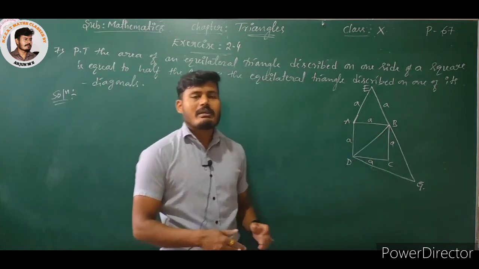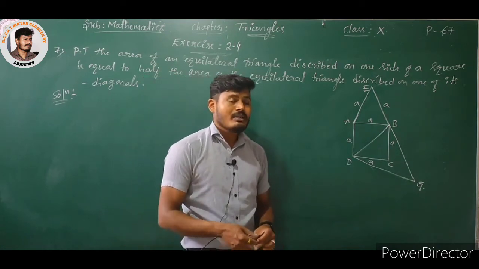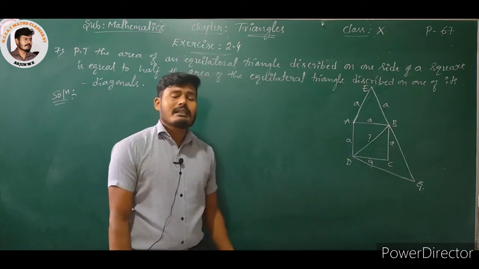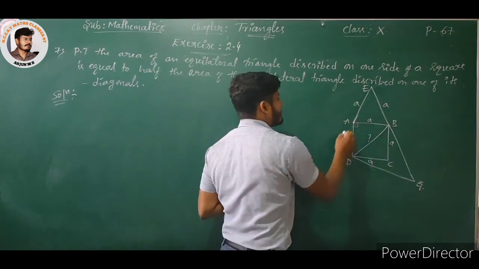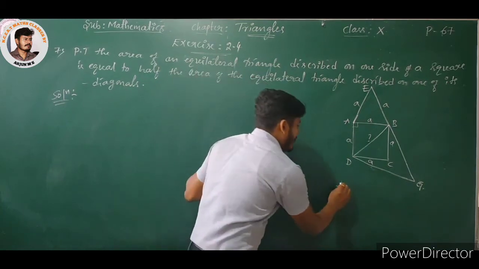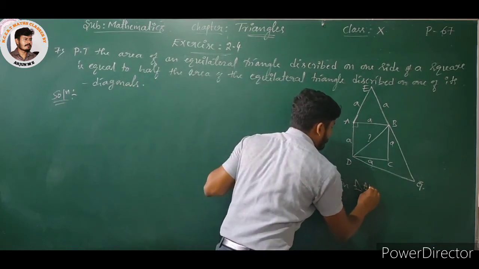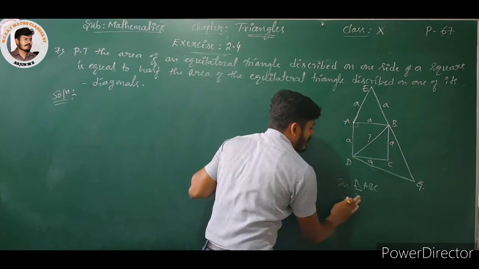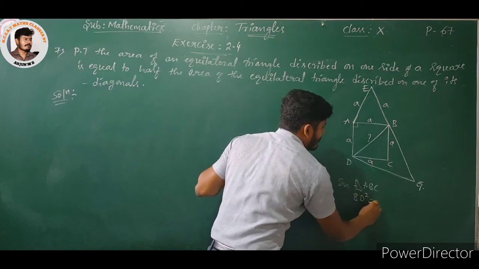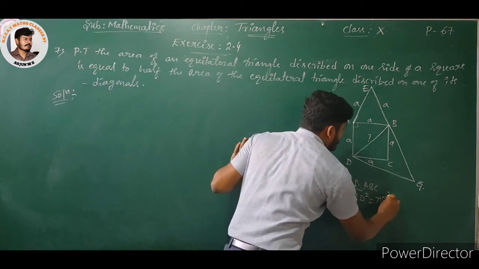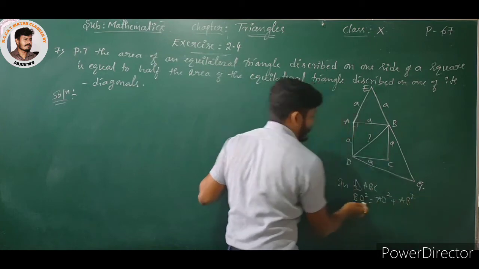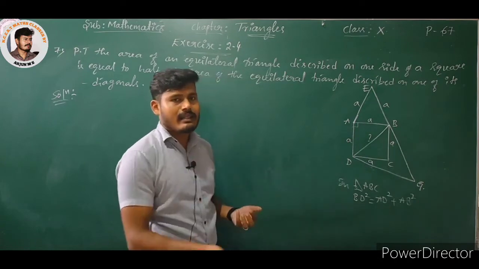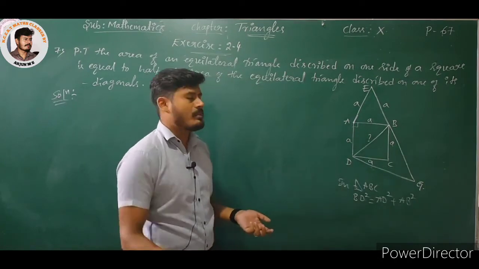because you just find out the length of the diagonal by using Pythagoras theorem. Because here this is a right angle triangle, in right angle triangle ABC, what about Pythagoras rule? You already know the statement: BD square is equal to AD square plus AB square. Square of the hypotenuse is equal to sum of the squares of the other 2 sides. It is present in the next theorem, that is the Pythagoras theorem.